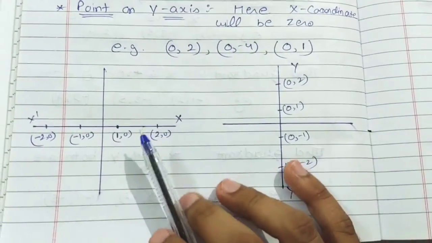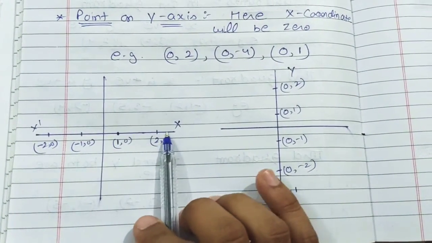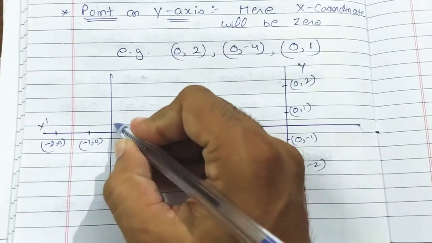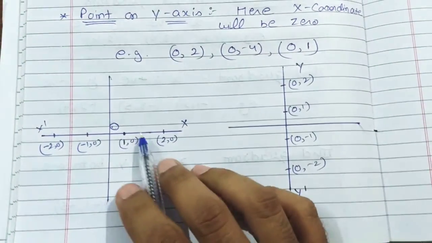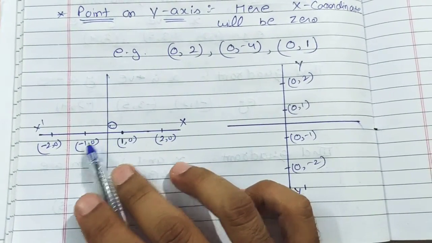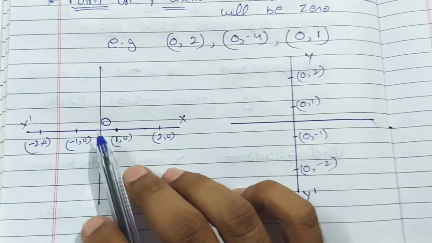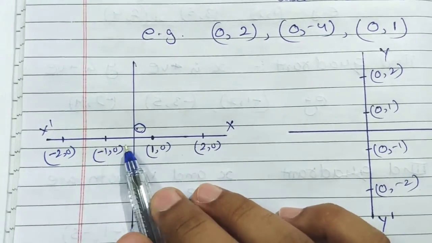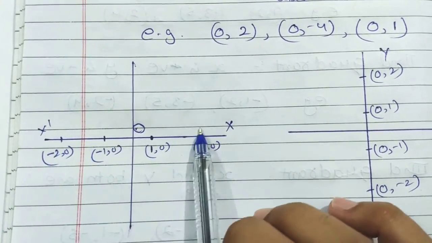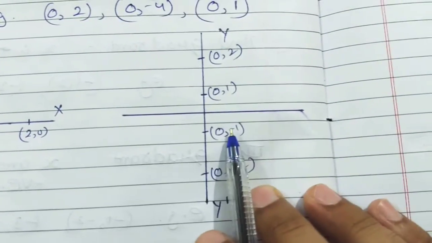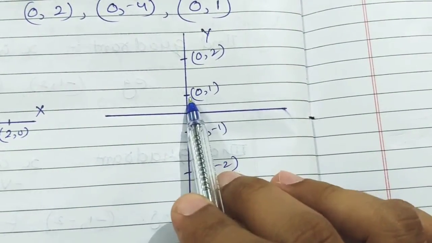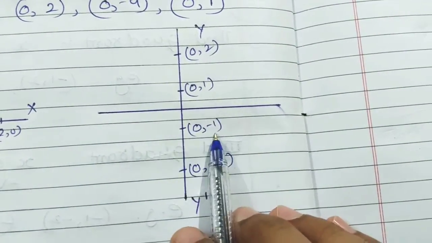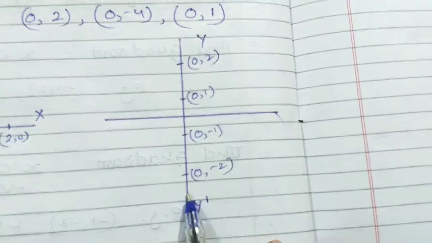So here look at some examples of points on the x-axis. You can easily see that points may lie on the right side of the origin or on the left side. So the points will be like (1, 0), (2, 0), and on the negative side (-1, 0) and (-2, 0). These are the points on the x-axis. What about the y-axis? Here points are on the line above or below: (0, 1), (0, 2) and (0, -1), (0, -2). These are points on the y-axis.